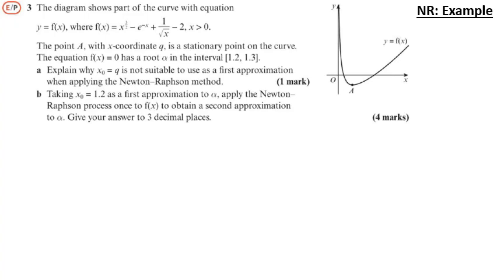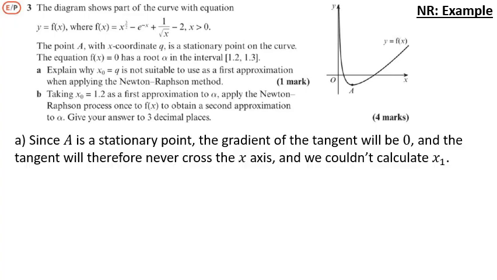Well, what is Q? It's the x-coordinate of the point A, a stationary point on the curve. So the first point we need to make is that A is a stationary point. The gradient of the tangent will be 0, so the tangent will never cross the x-axis, and it's not possible to calculate the value of x1. For part B,